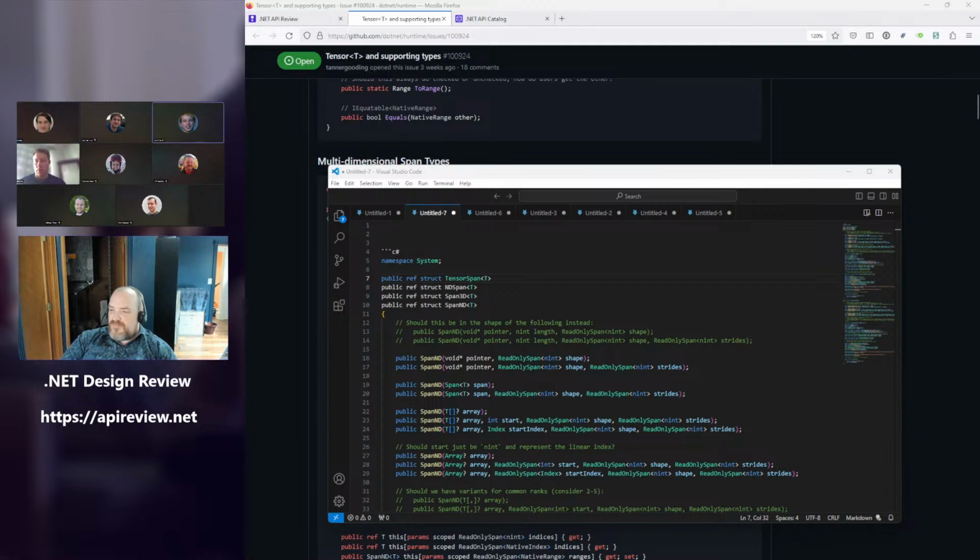What exactly is the difference between this type and Tensor of T? It's literally ref struct versus class? It's a ref struct, and therefore it tracks an interior pointer. It is not the owner of the underlying allocation. And therefore it can also track a view. So you can have a 9x9 dimensional tensor and take a 3x3 slice out of it. And therefore it has to track stride information, so it knows how much data in memory it needs to skip out of the underlying contiguous allocation to get to the next row, for example.